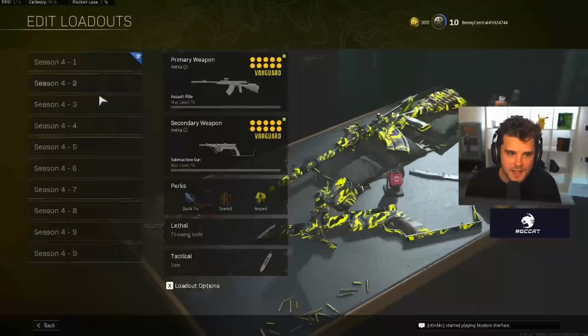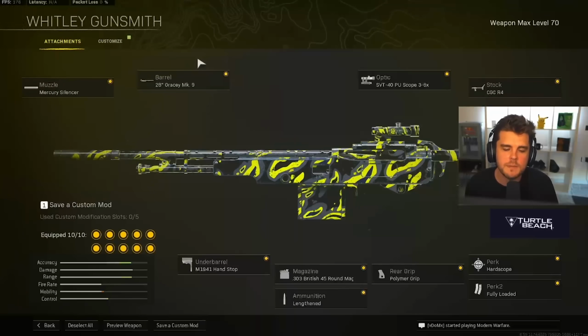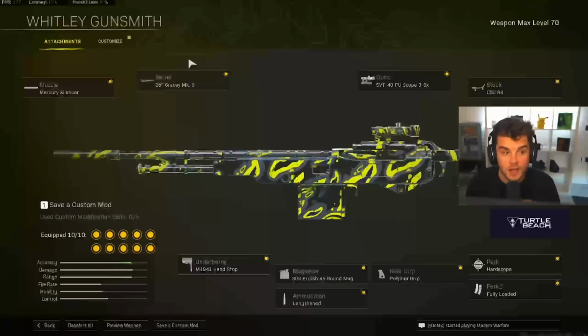But my next loadout includes the Whitley. Now the Whitley, I'd say, is a little bit harder to use. It's got a bit more recoil and kick, but a very, very fast time to kill. And I absolutely love that LMGs seem to be coming into the meta with Season 4. On the Whitley,